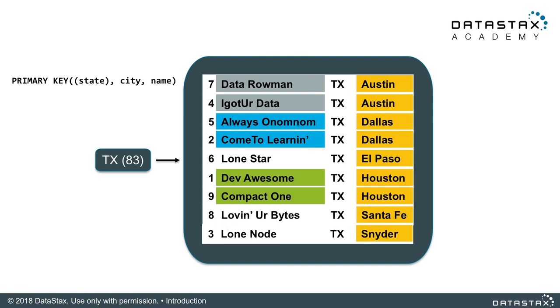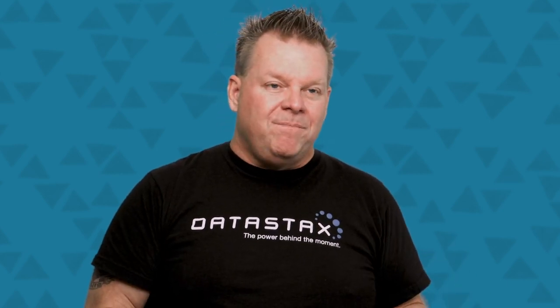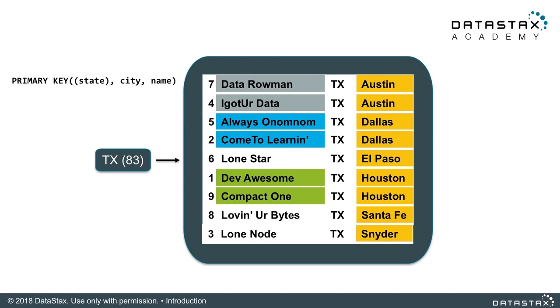There's going to be a lot of people that live in one US state. There's probably a lot of people that live in the same city with the same name. So if we created a primary key with state, city, name, you're going to run into collisions. And the way Cassandra works is it doesn't go by uniqueness. So you're going to have this situation where you insert data into the database and it'll start overwriting records, and that's not what you want.